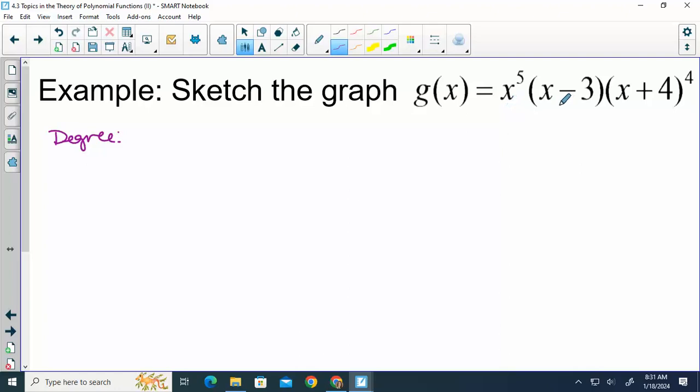We have 5, 1, and 4, so altogether is 10. So end behavior,